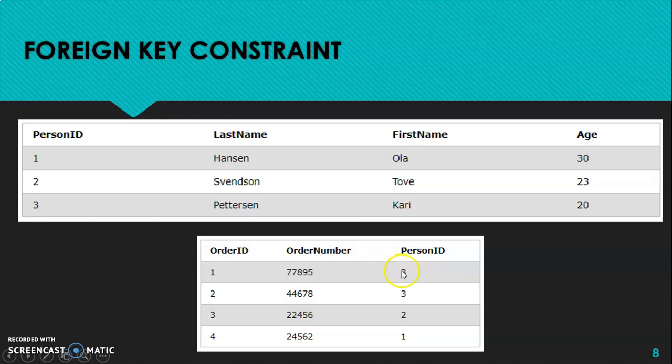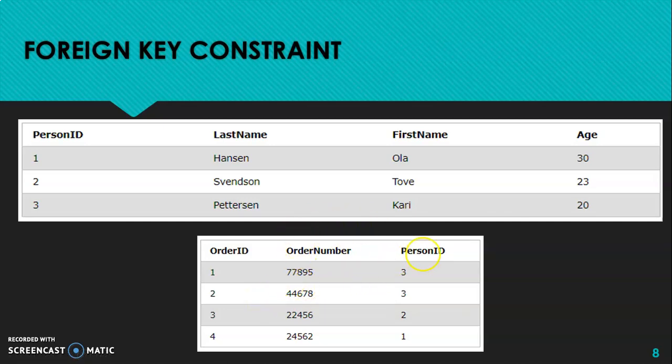We can have multiple records, but the reference of this person ID is to the person ID from the persons table. And if you check the values of this column, you will have only those values that are contained in this particular column of the persons table. You cannot have any value outside these particular values. So the values may be repeated, but using order ID you can differentiate these two records. So this is how the foreign key works.